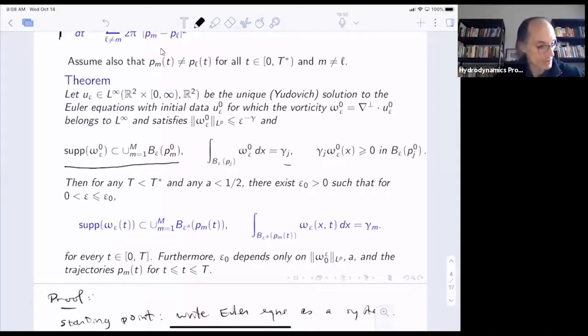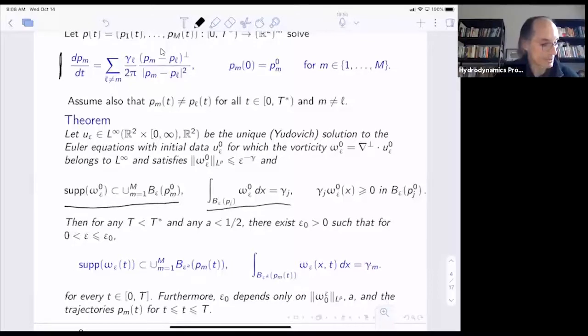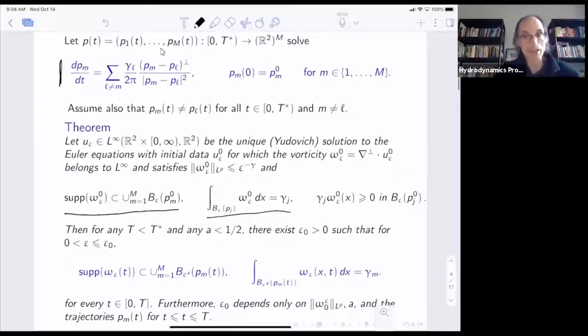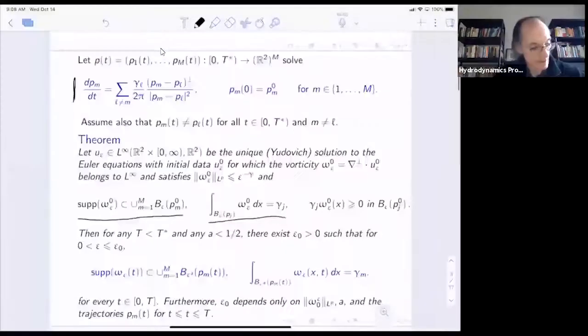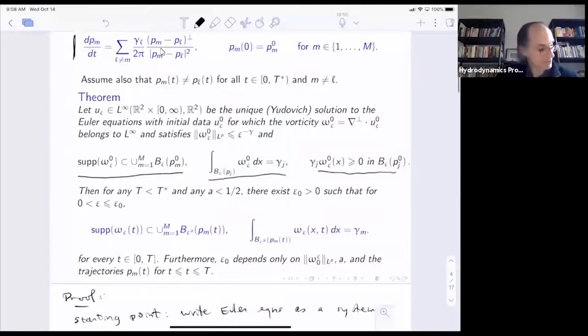Okay, so the ODEs have this vortex strength gamma built into them, gamma sub j or gamma sub m. So if the amount of vorticity in the jth ball is gamma sub j, the amount corresponding to this constant up here, and if the vorticity doesn't change sign in any of these balls,